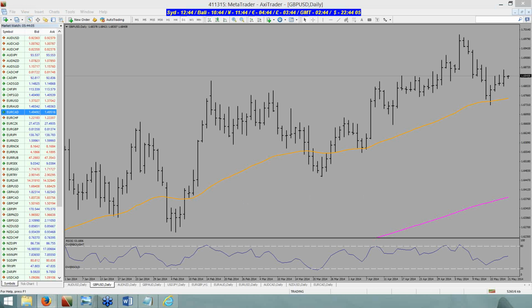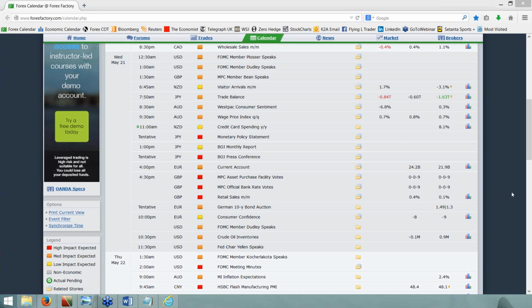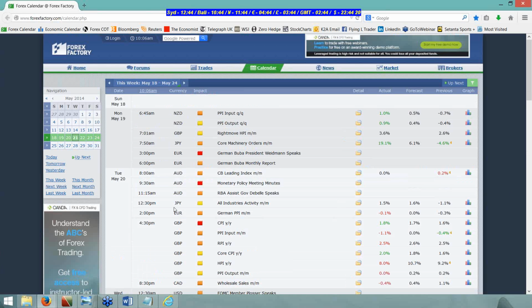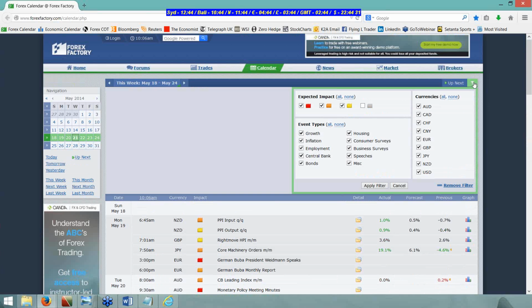Last week's prop training, you showed how to filter one currency with previous results, giving a visual indication of the trend in the economy. How to filter in the Forex Factory? Okay, sure. Bring up your Forex Factory. Go to the top of the page. This button here should say filter when you put your mouse on it.